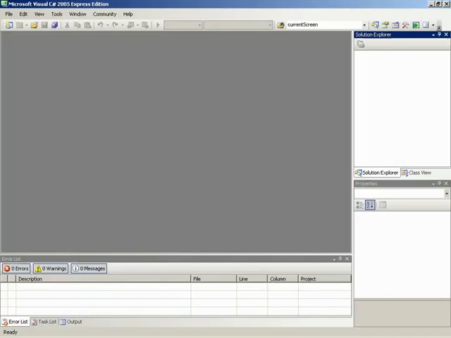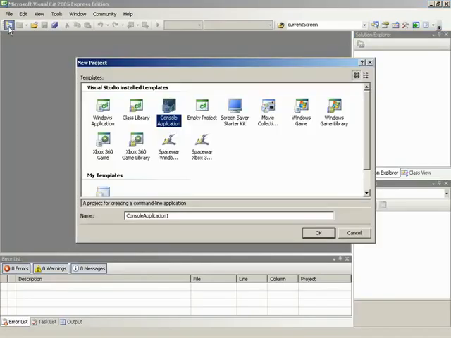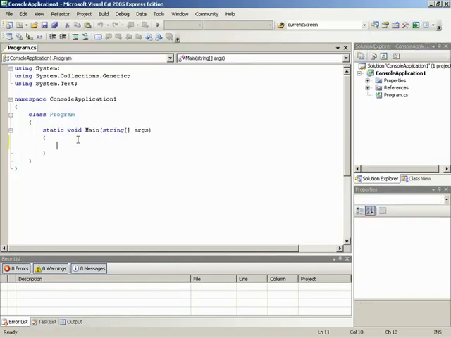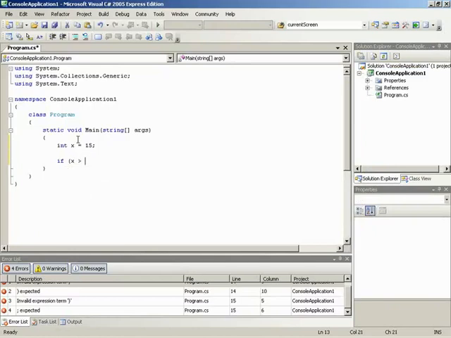Okay. Inside of Visual Studio, let's start a new console application. So we have a simple test bed. Okay. Let's declare an integer. Call it x. X equals 5. Or 15. No, 15. I'm sorry. We'll stick with my little app. Okay. So we'll declare x and we'll initialize it to 15. Okay. Now we'll begin our check. We'll say if. Then we'll do an opening parenthesis. And we'll say if x is greater than 5,